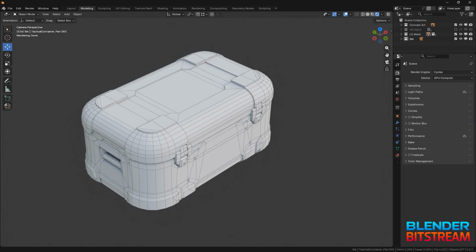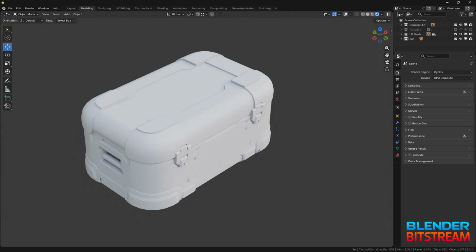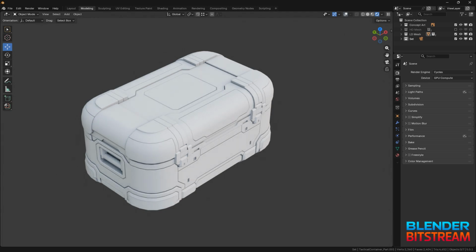In this episode of Blender Bitstream, we're breaking down a reliable workflow for baking your own curvature maps in Blender, producing results comparable to Substance Painter. You'll need a baked normal map and ambient occlusion map from a high poly model for this technique. I've already baked the normal map and AO for this object, so I've got everything I need to build the